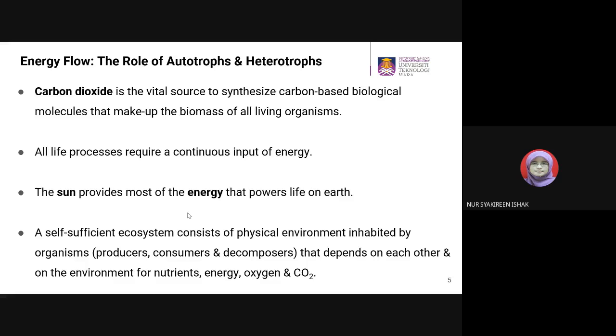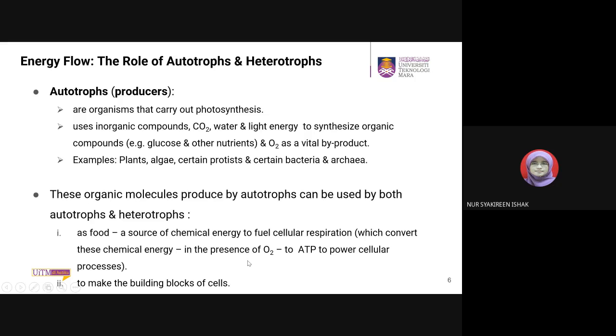So all organism on Earth requires all these basic component lah kan, nutrients, energy, oxygen, and also carbon dioxide. Okay, so autotrophs are basically producers. They are organisms that carries out photosynthesis. Okay, so